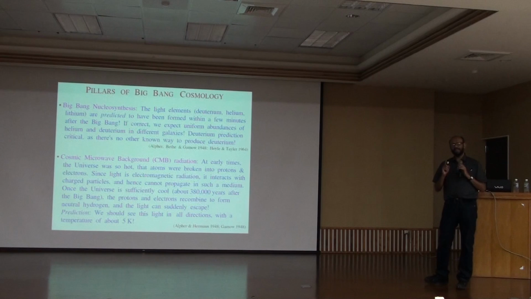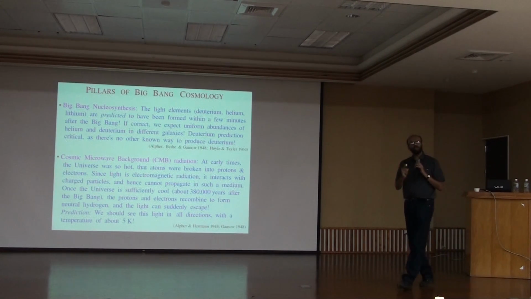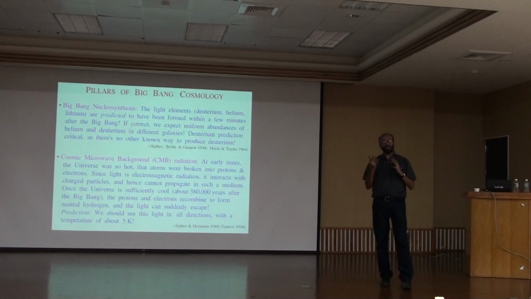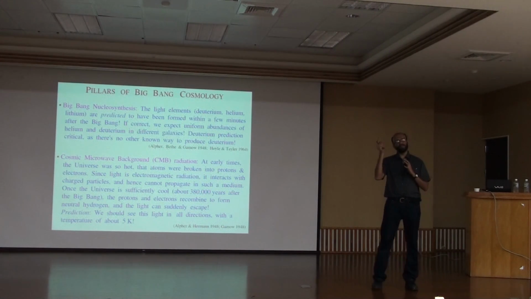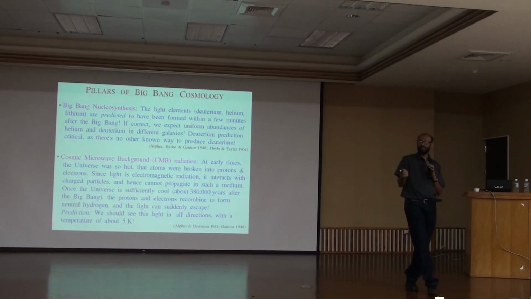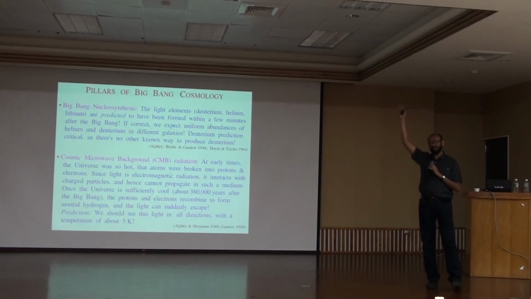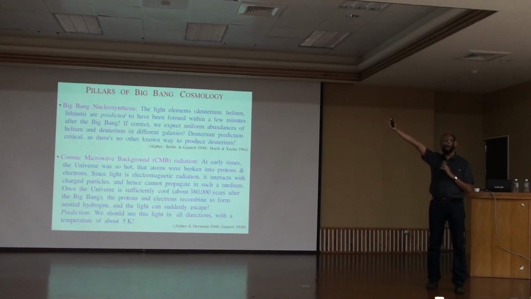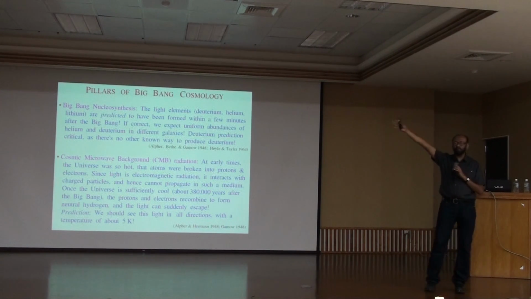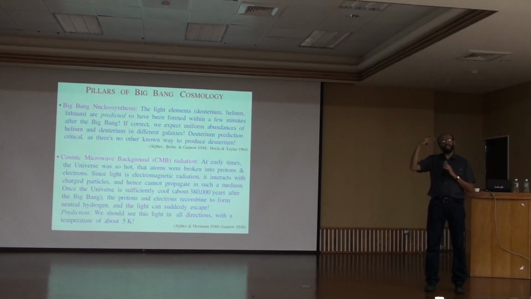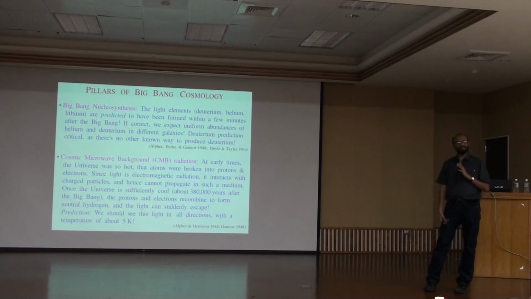The other beautiful thing is that it's very hard to produce deuterium in stars. In fact, you can't, because deuterium, it turns out, burns at very high temperatures. The only way we know to produce deuterium in the universe is after the Big Bang. So any deuterium you see in galaxies has to have come from the Big Bang. If I measure the same amounts of deuterium everywhere, deuterium cannot be produced in stars. It has to be produced in the Big Bang. So deuterium is wonderful because there's no other known way to produce it. It's produced just after the Big Bang.